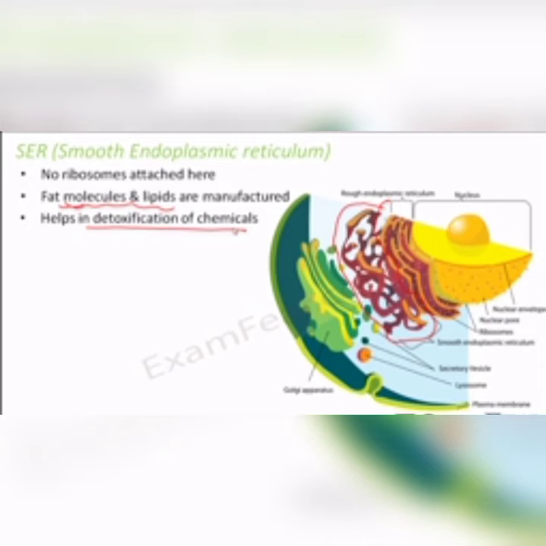Now, as the main function of smooth endoplasmic reticulum is lipid synthesis, that is why it is found more in cells whose function is to secrete lipids. For example, the liver cells or the fat cells are the places where smooth endoplasmic reticulum is found more. Again, talking about its structure, smooth endoplasmic reticulum is continuous with rough endoplasmic reticulum at one end, and it is continuous with the membrane of Golgi apparatus at some places. So Golgi apparatus starts from this side. Not throughout, but at some places it might be continuous with Golgi apparatus.